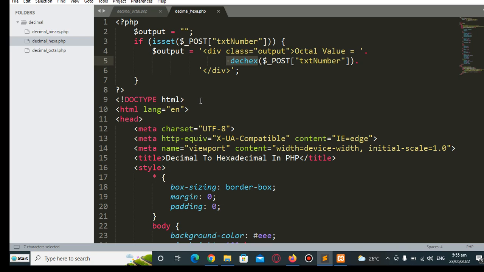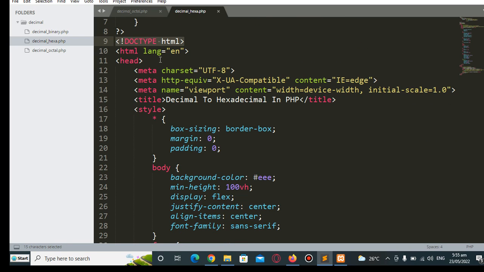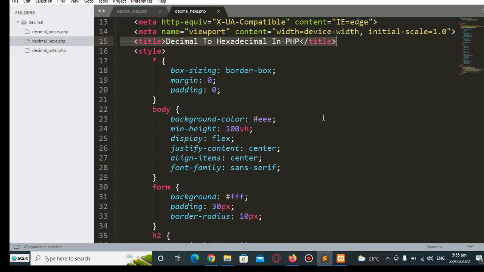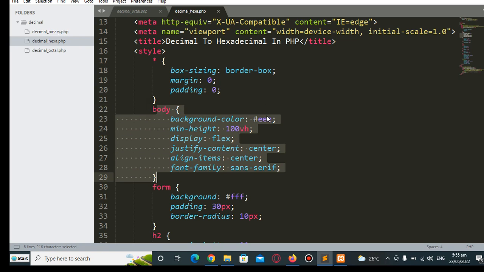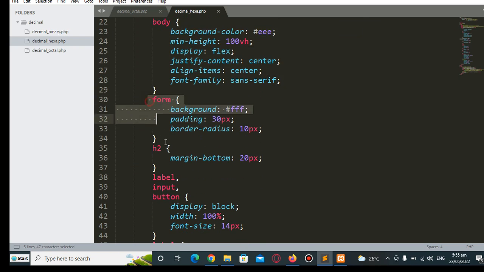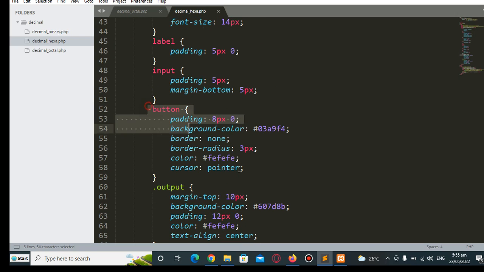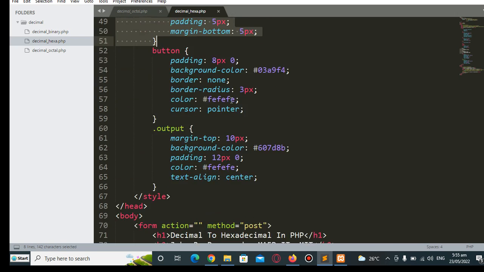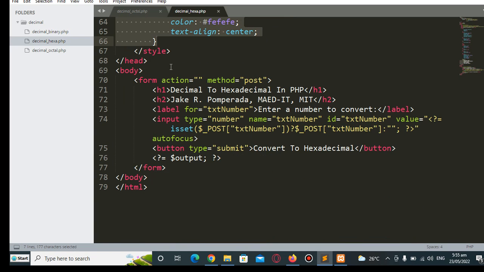Now line number 9 will be the beginning of our HTML tag, and then we have here the meta tags, and then the title, decimal to hexadecimal in PHP. We have to just walk through the code. I will put a link in the video description where you can download the complete source code for free in my website. We have here the style, cascading style sheet, body, and then the different values of the element, tag, form, label, buttons here, input and label, and then the output,